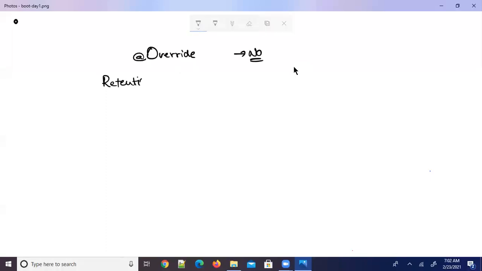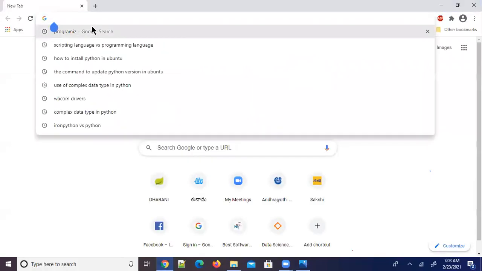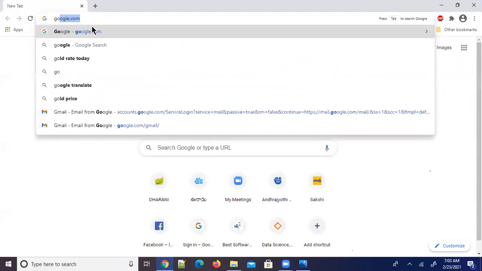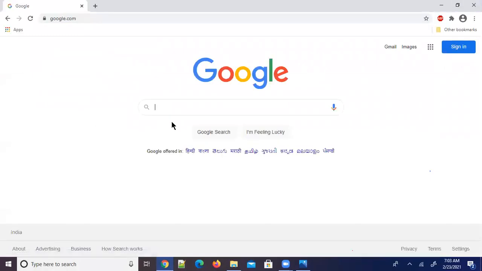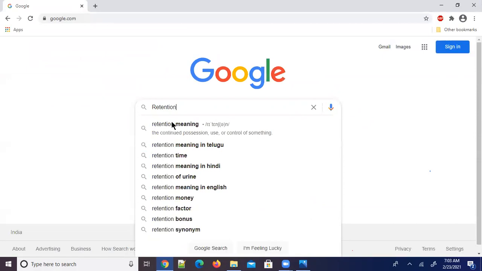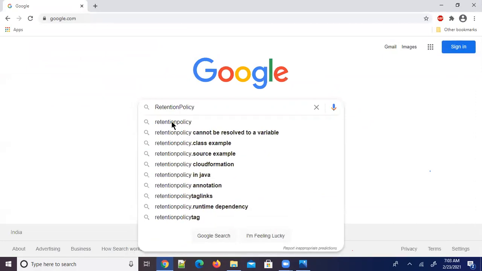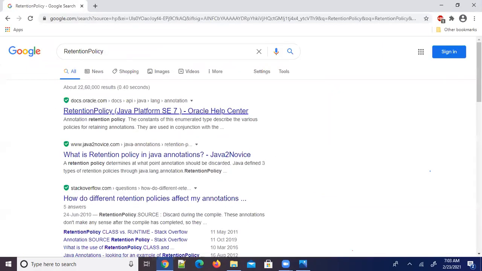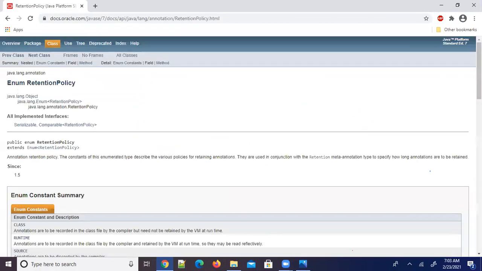Right, okay. So there are retention policies. I'd like to show you. There are 3 constants in retention policy. It is one enum, enum RetentionPolicy.